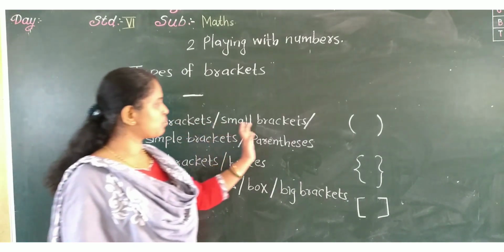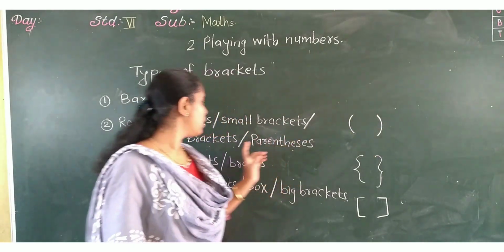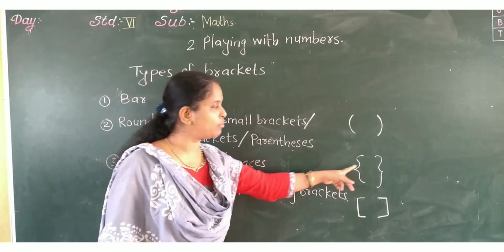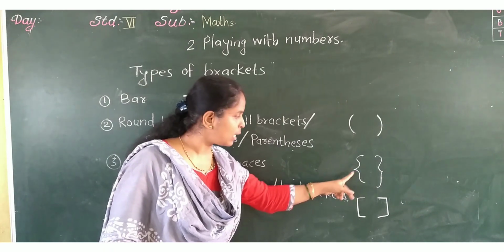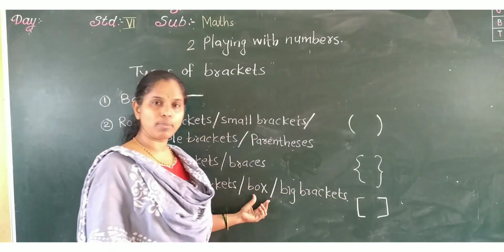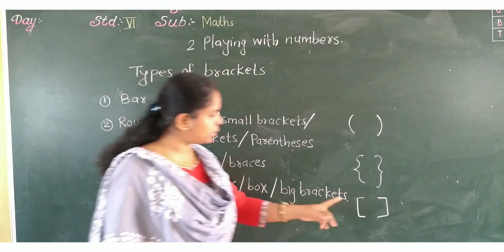Round brackets or small brackets are denoted by this symbol. Then curly brackets or braces are shown by this symbol. Next is square brackets, box brackets, also called big brackets, and it is shown with